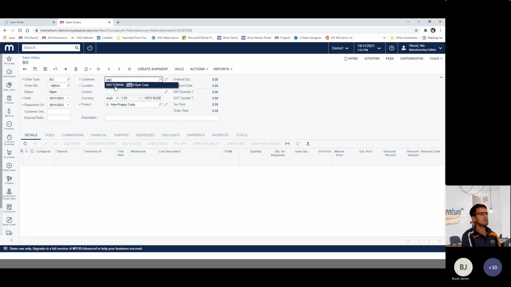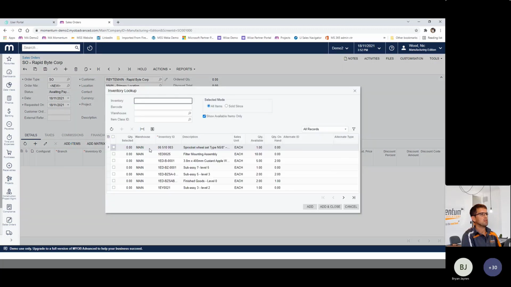So in this case, the company within Advanced is actually a customer as well, and we've made the corresponding other company a supplier. So that's still the same entity. One record, this is the same. There's not duplicates here. We've extended the customer, the branch or the company to become a customer. I'm just going to choose a product from our stock list here.